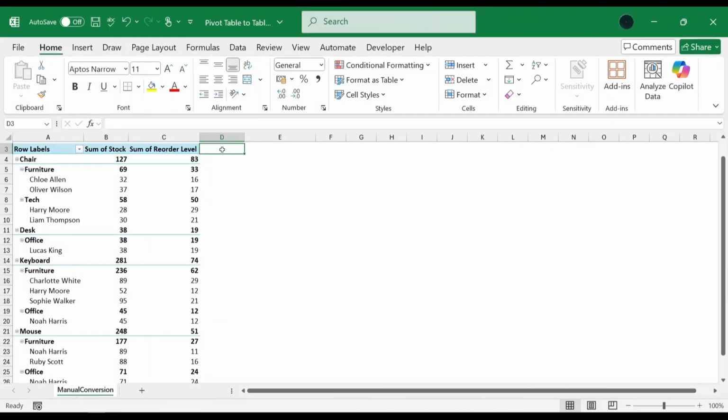For this tutorial, we are working with a pivot table generated from product summary data. Our goal is to convert this pivot table data into a regular table that we can edit and format. Let's get started. In the first method, we will copy the pivot table values and convert them into a standard Excel